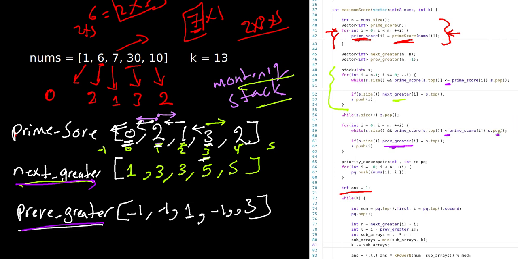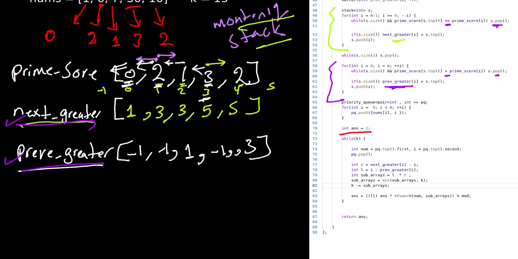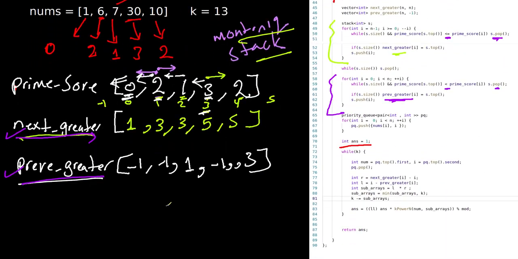This is why we have to pop the elements that are equal here. So after these two loops we know the next greater and the previous greater elements. Next, it's easy to find L and R for each number,